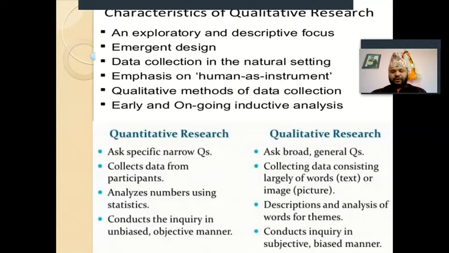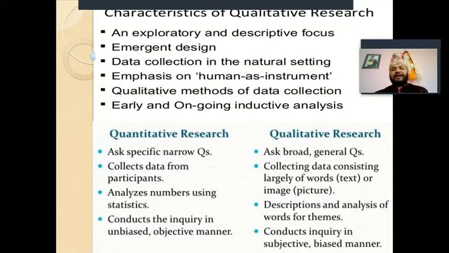Descriptive focus. I told you already. It focuses on experiences and in-depth information. Emergent design, because these days emotions are a highly played buzzword in the world. So whenever we want to do something with emotions, we need to go through in-depth information. So this is emergent design, because without understanding human behavior, nothing will happen and nothing will be effective. That is becoming a fundamental principle